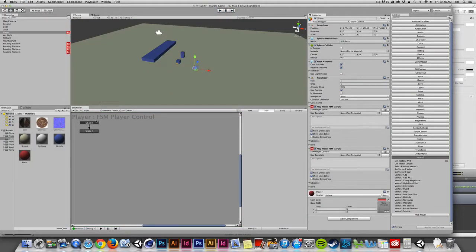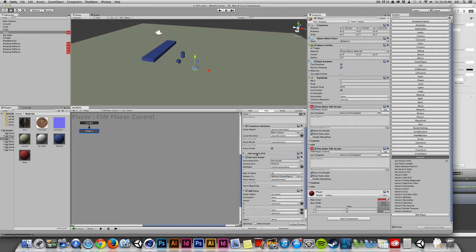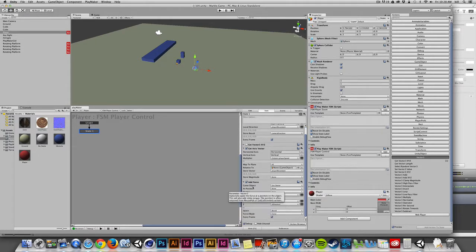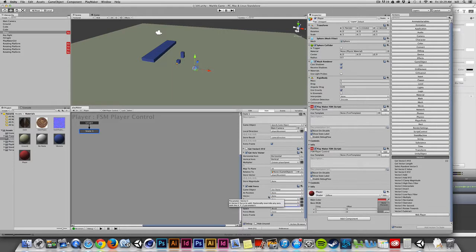Now, technically, I could probably get rid of this get vector xyz. I may be able to get rid of that. Let me just temporarily turn that off. And that's usually how I like to troubleshoot these things. I should be able to turn that off and go back to adding force rather than peeling apart the xz direction. I'm just going to experiment with this. I'm going to set this back to none and this back to none. And I'm going to do our original vector 3,